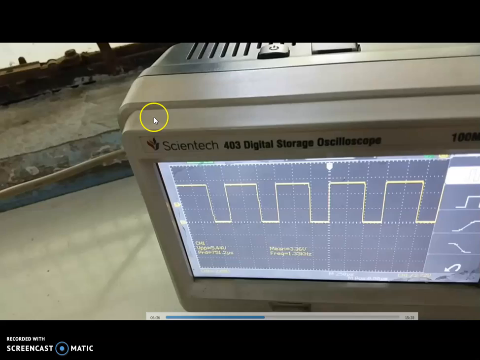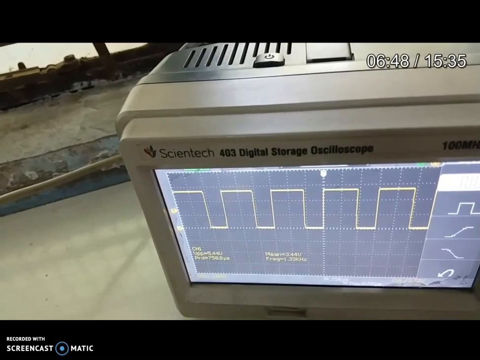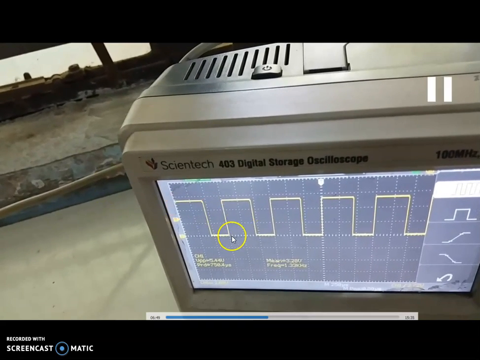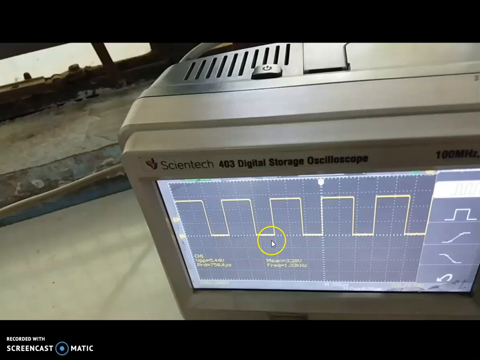That is the procedure for taking the readings. For example, see how many boxes there are for the total time. One box, two box, three box. So the total time is three boxes. If I vary the duty cycle, the total of three boxes never changes. Only the on time changes, 1.8. How do I say 1.8? Each division is 0.2, so 1, 1.2, 1.4, 1.6, 1.8. So 1.8 is the on time. What about the off time? 1, 1.2.